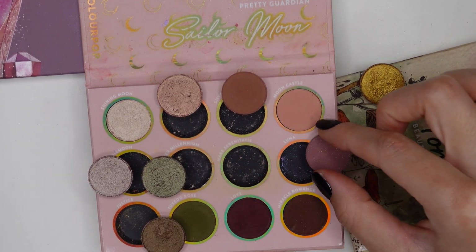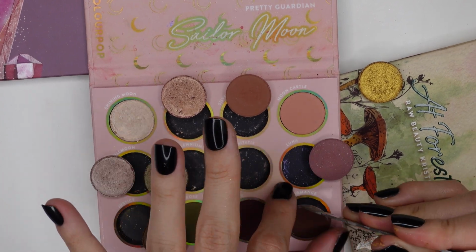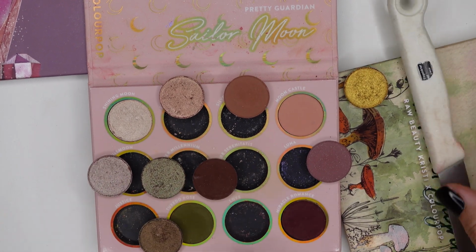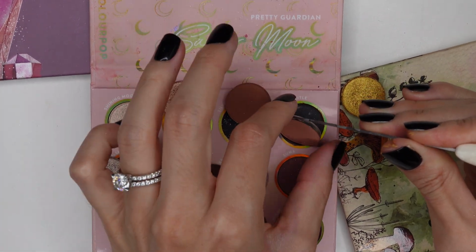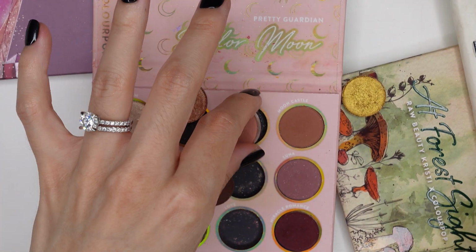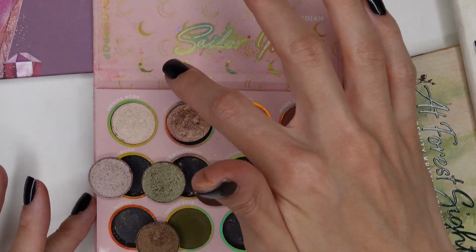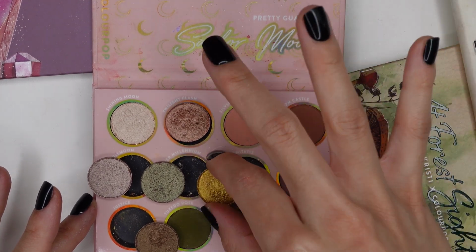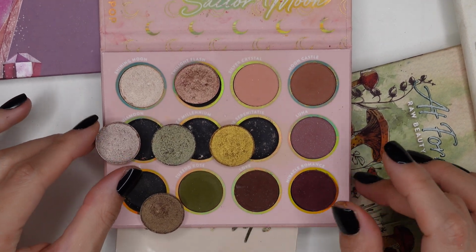Oh, maybe I'll put, oh yeah, okay, I'm gonna switch around this dark brown and the plum shade so I can have the really purpley ones over on the very right, like this. I'm also gonna move Moon Castle. It's not going in its original spot like I said it would. So I'm putting this Going Coconut shade up here to follow the mauve-y dusty tones. And then I'll have the pink and rose gold here, dark brown, and this gold looks kind of out of place, honestly. Looking at this palette,